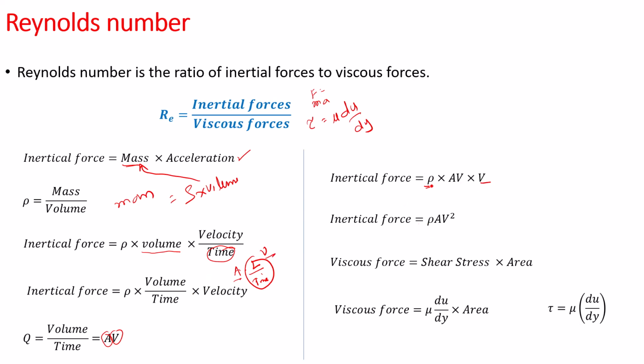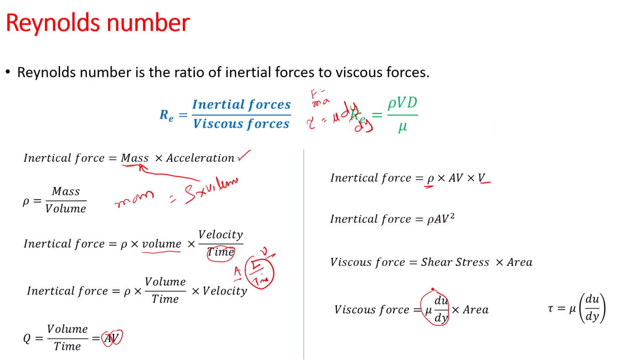Okay, so this will become rho times area times velocity square, and the shear force we can get from Newton's law of viscosity, and that's equal to the shear stress into area. And the shear stress we defined by the viscosity into the velocity gradient in the normal direction. So we can have